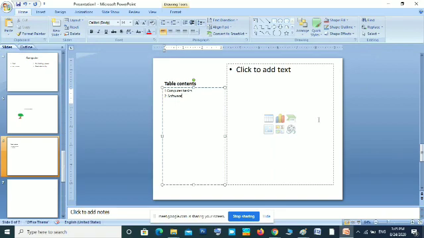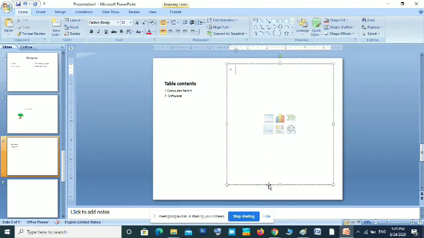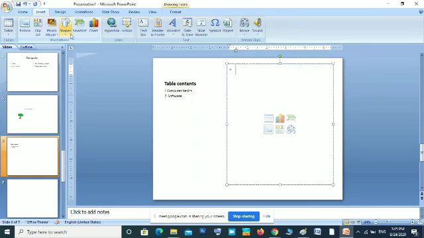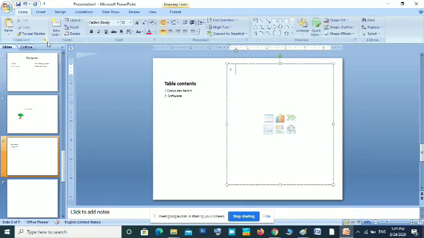Then next, on page number 26, is adding slides to a presentation. I already showed you. To insert a new slide, click on the Home tab, then click on New Slide in the Slides group. You remember, inserting a new slide is not in the Insert tab. That is a confusion. In the Insert tab, you can insert pictures, shapes, text, all other things. But for a slide, you have to go to the Home tab.